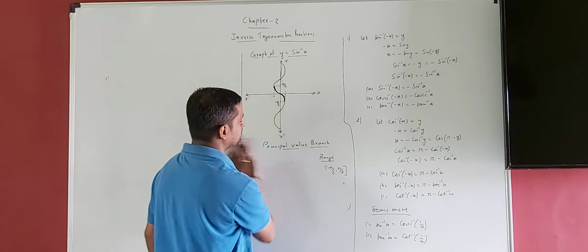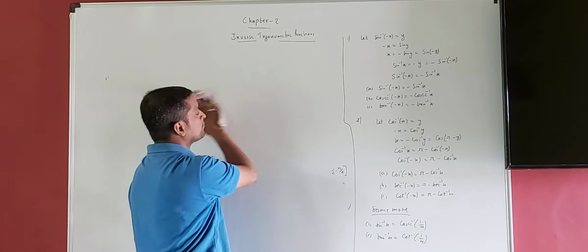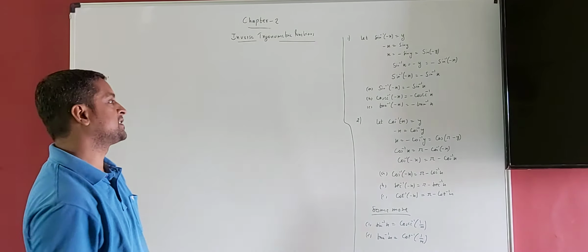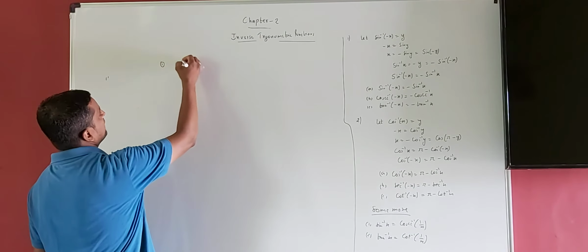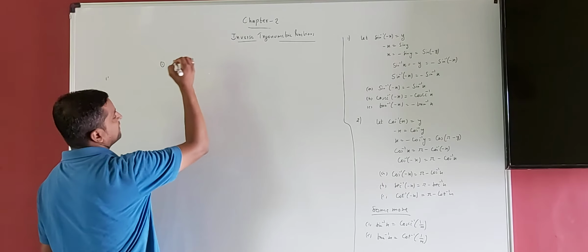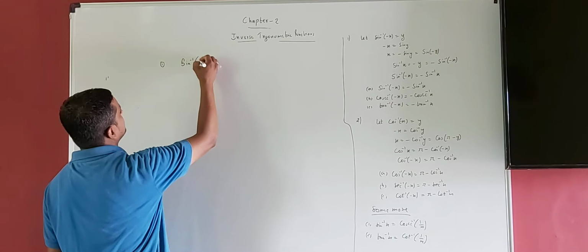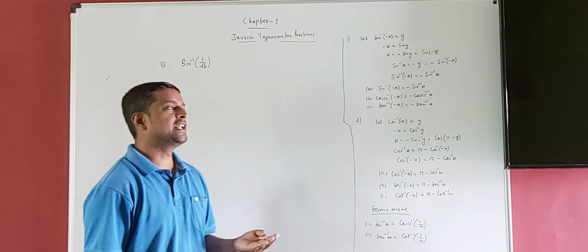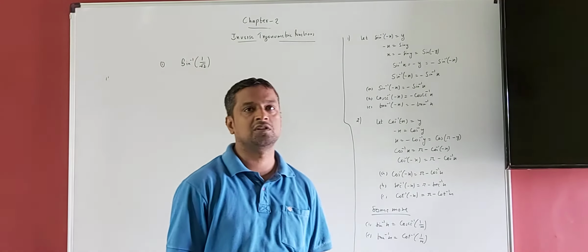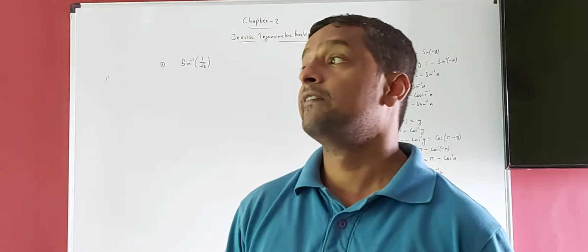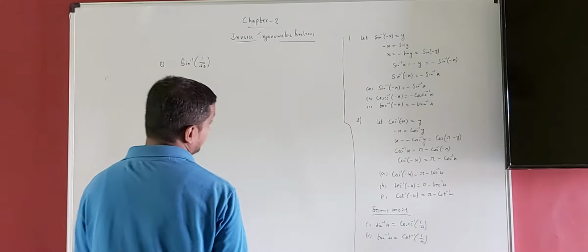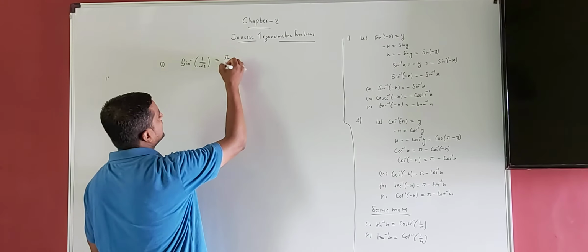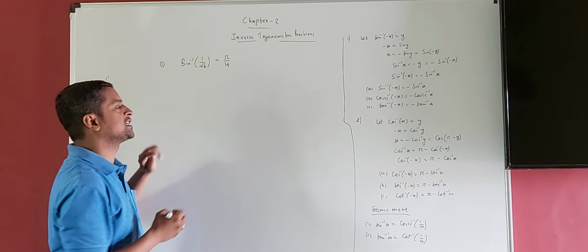See here. Now, two to three questions I am solving. First of all, if I have to find the value of sine inverse 1 by root 2, so positive value, no problem. In class 9, 10 and 11, you know that when sine is 1 by root 2, it is 45 degree. But you have to write down that answer in radian form, that is pi by 4. If the value is positive, no such problem.